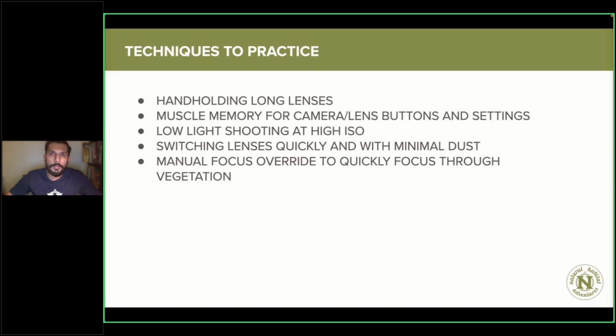Also, I did mention about carrying two cameras and trying not to switch lenses, but there are situations where you might need to switch lenses really, really quickly. And that might also be a situation where you suddenly decide to mount a teleconverter or to dismount a teleconverter from your rig. So do practice changing your lens quickly, but practice in a safe environment free of dust. Also, try and practice